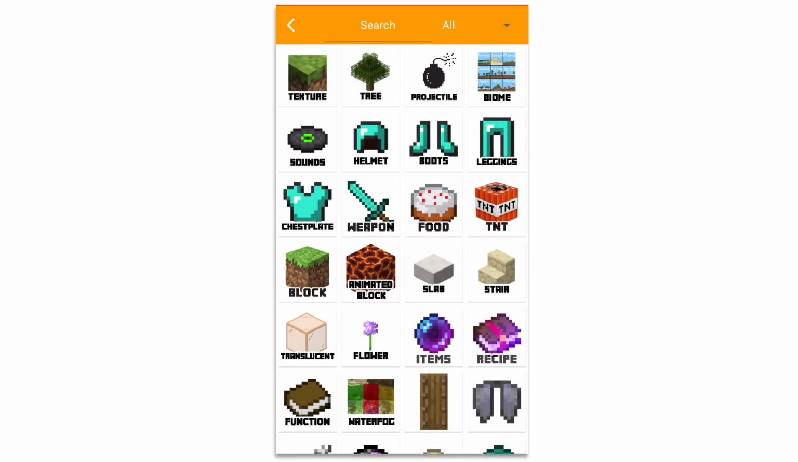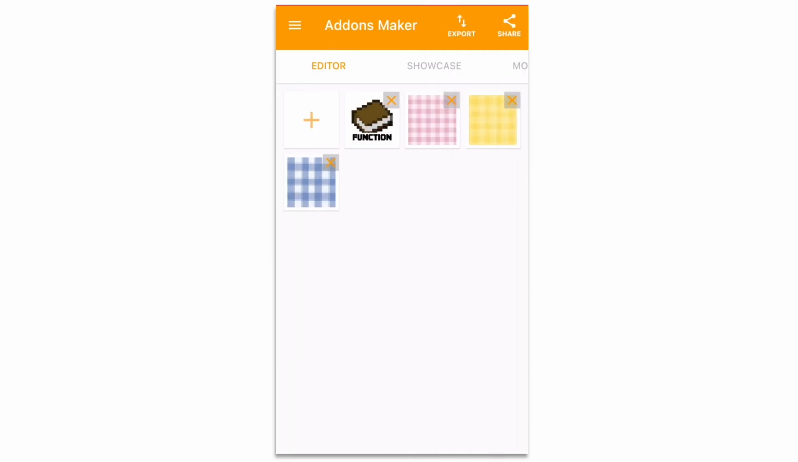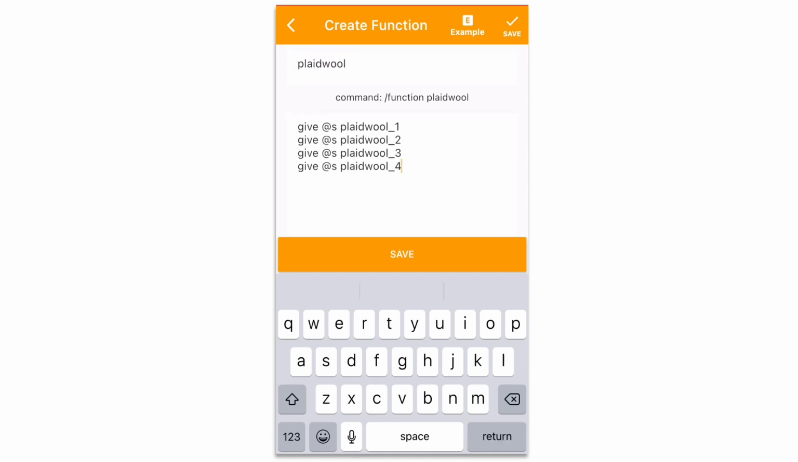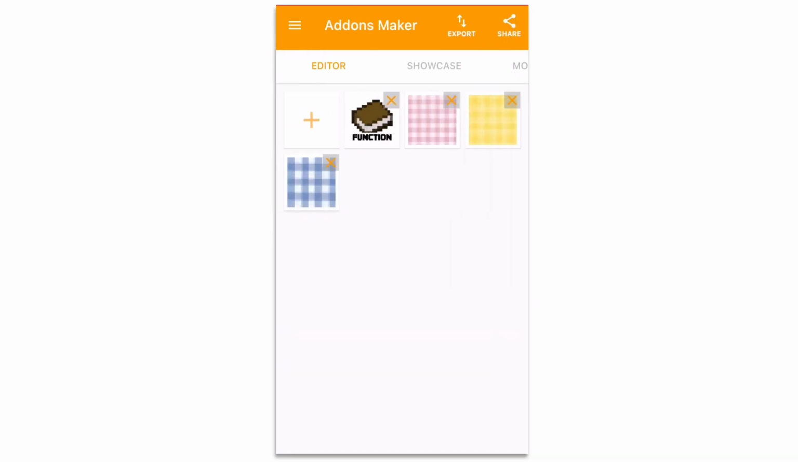Okay, so just for a final demonstration, I'm going to go back to function. To break it down, this right here is the function, right? And that's the command when you put it in. Now, a function is basically a combined list of commands for you to give to yourself. So these are all the items that you can give to yourself, and here are all the separate